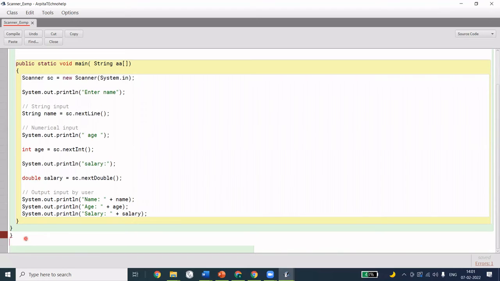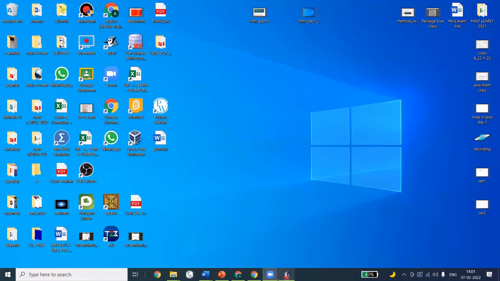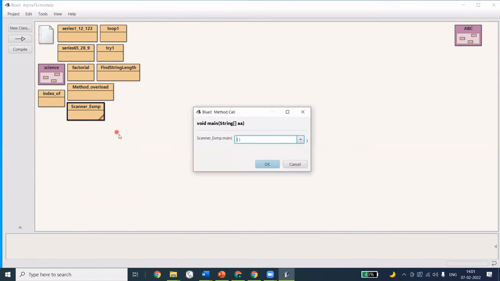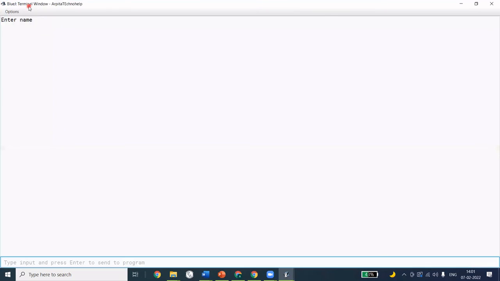Now let us see. I think there is an extra bracket. Let us compile, try to get it. Yeah, no syntax error, so close it. Okay. Now BlueJ Scanner example. Right clicking. Let us see how the effect is there. Maximizing. Yeah, it is asking me to enter the name. So I am saying